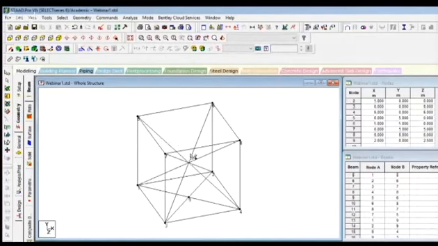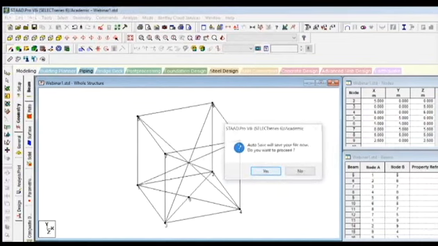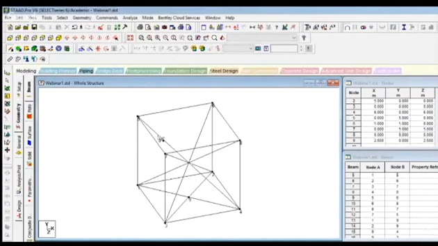Do you know the concept of concurrency? When two lines intersect each other at one point, it's called intersection. When three or more lines or segments intersect each other at one single point, it is known as concurrency. But since we're just adding the members, do we have an intersection point here, an intersection node? No, obviously. So how will you do it?